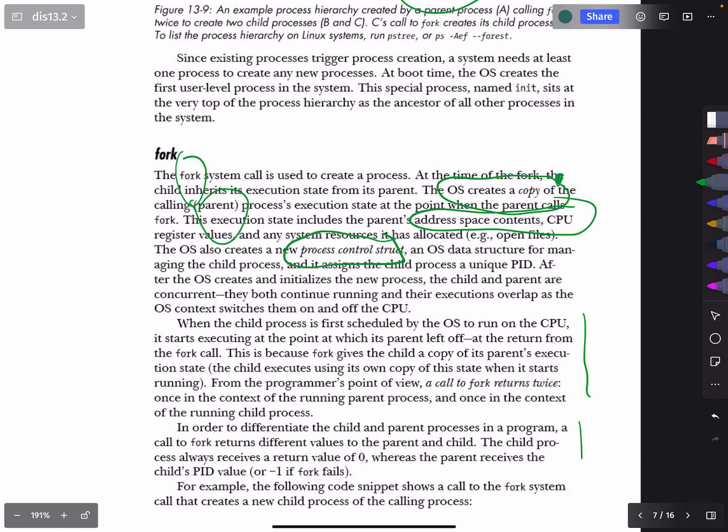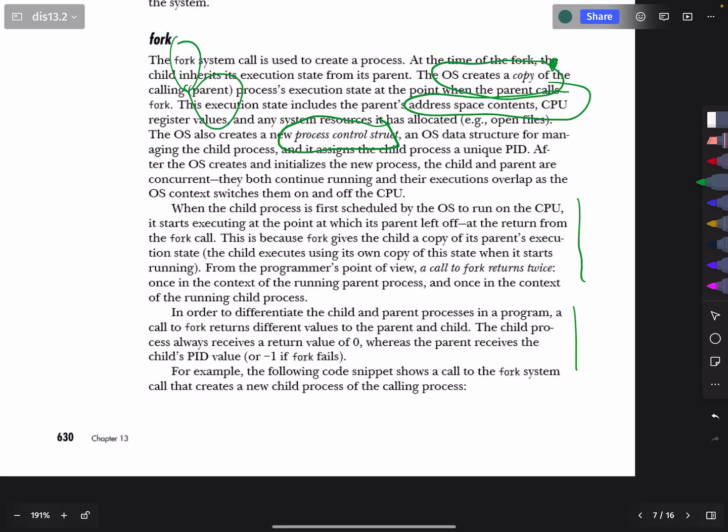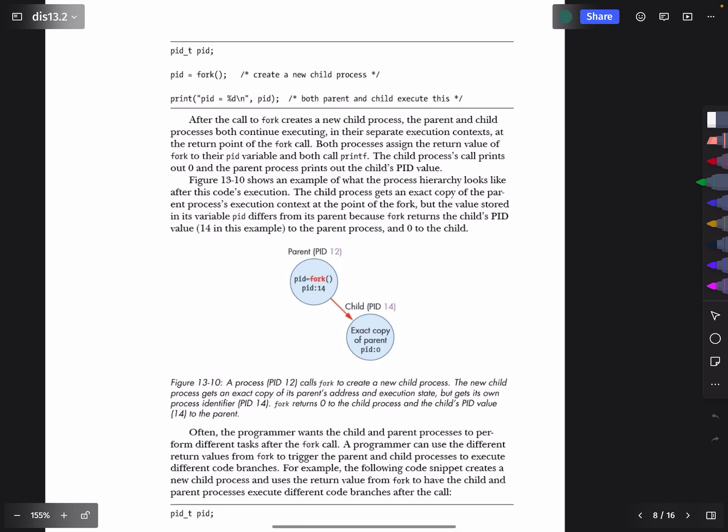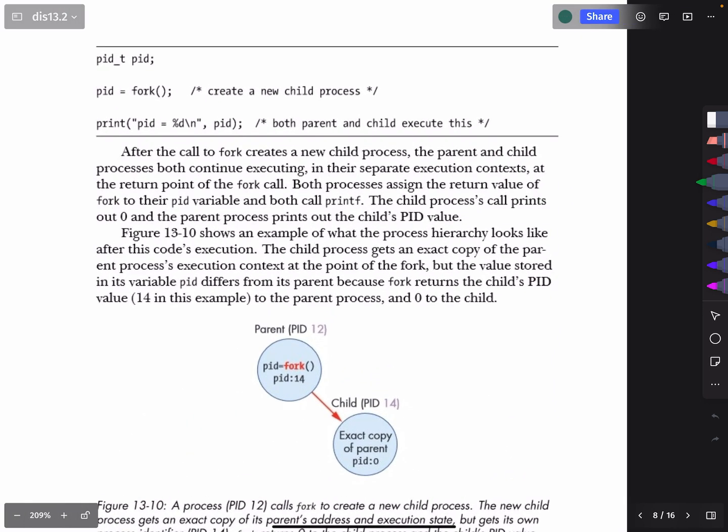Now, you can make these things come apart, and usually you want to make the parent and the child do different things. There's rarely a situation where you wish that two different processes were doing exactly the same thing. And so it is possible to get them to do different things, which I'm sure we're about to see, at least very shortly. But one thing that's worth noting before we move on to that,